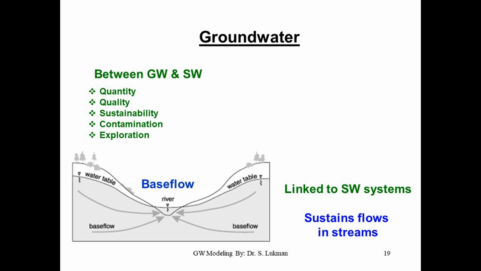Now, exploration. Which one is easier to explore? I think we discussed this before, isn't it? About the exploration. For the surface water, you need a dam. That's the first thing. You need a dam, and building a dam is really not an easy task. And then you need the intake structure, the conveyance structure, and then the treatment plant, and then the distribution network, and then the storage tanks, and then a whole lot of investment is needed.